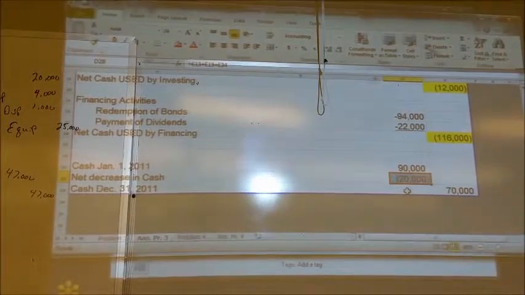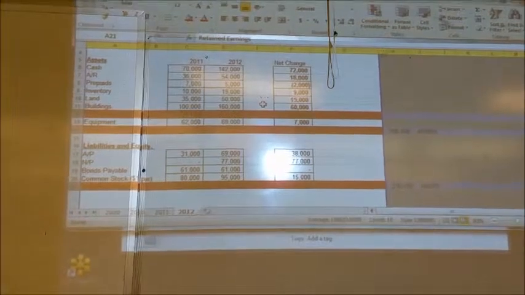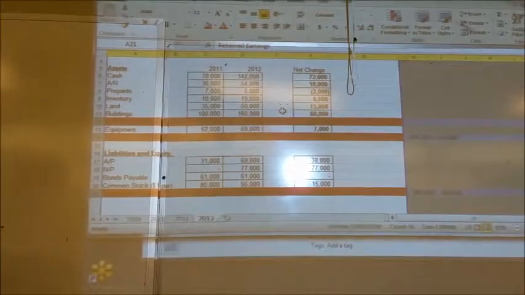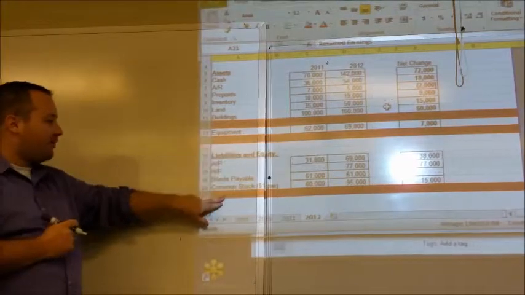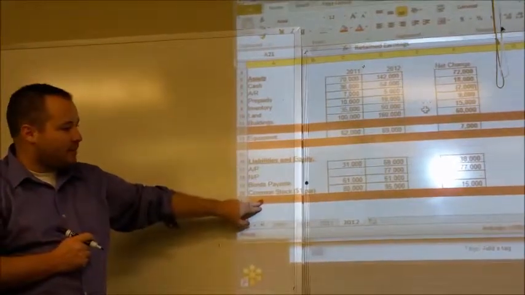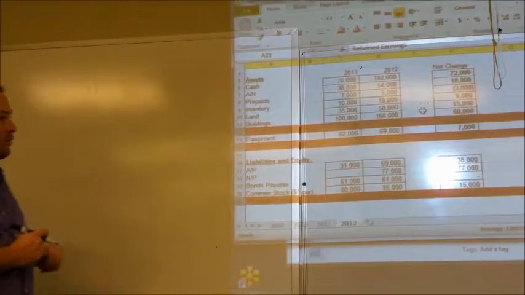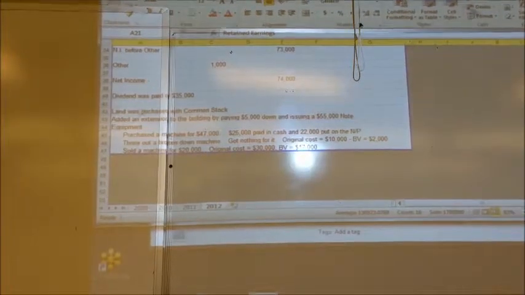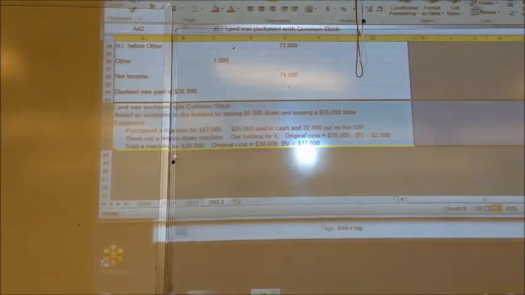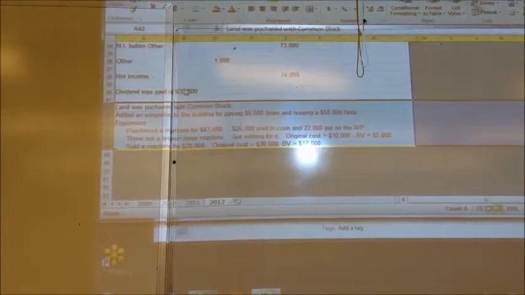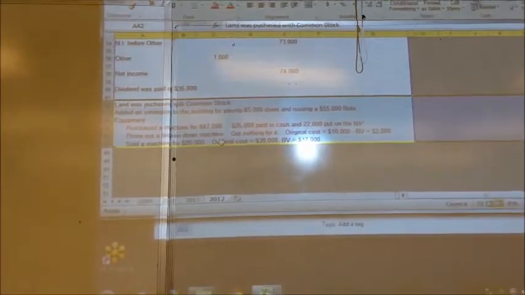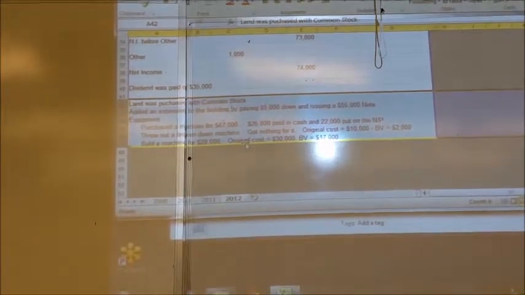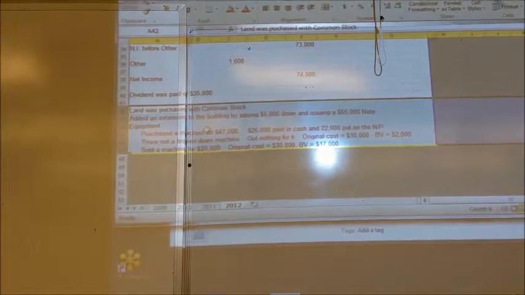Okay. Ready? With this last example, we're going to have a lot more journal entries that we're going to need to do. But first thing, I always like to mark out the items that I'm definitely not using, so I know not to mistakenly record them in my answers. But then what I want to do is go down here to the notes. And we're going to need to journalize everything except dividends. We already know how to do dividends. But I want to journalize every one of these, and then as I'm journalizing, make updates on my balance sheet